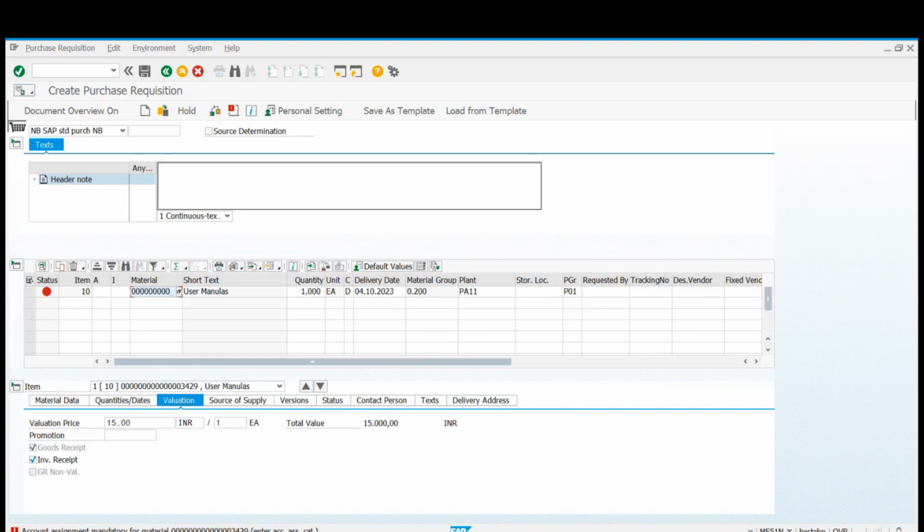Why is this error coming? This error is coming because this material is consumable material. So when we try to save the purchase requisition, when you enter everything and press enter, system checks in material type of this material whether quantity update and value update is selected.